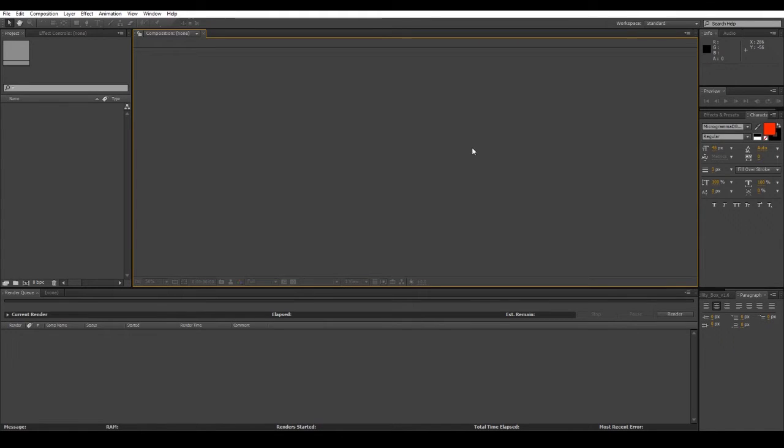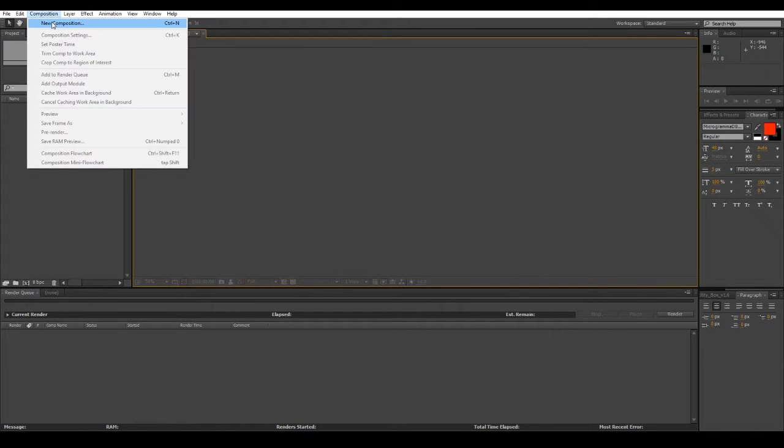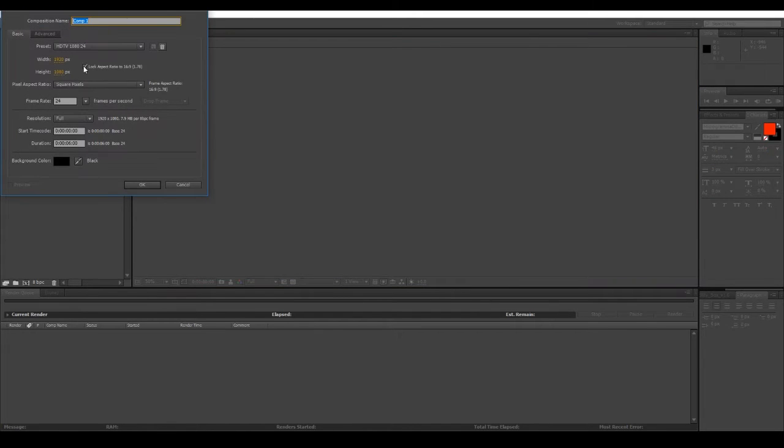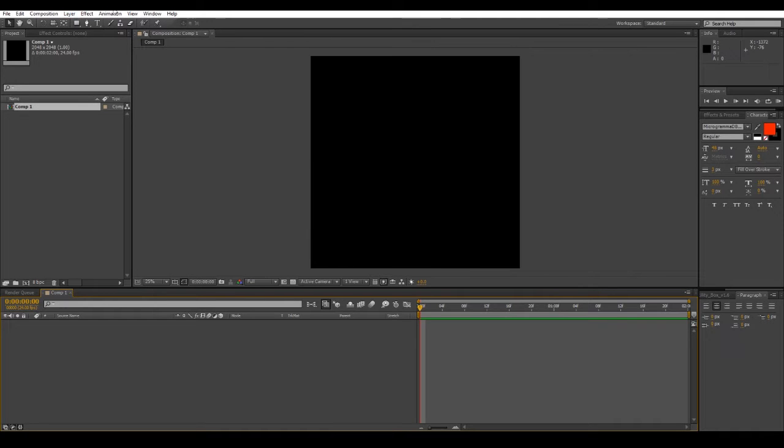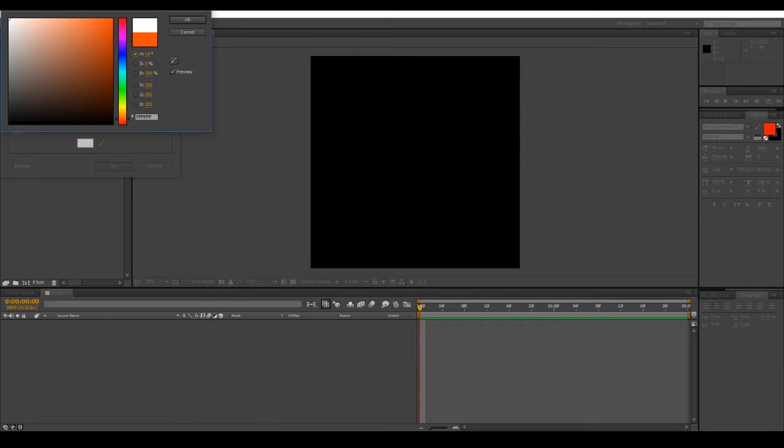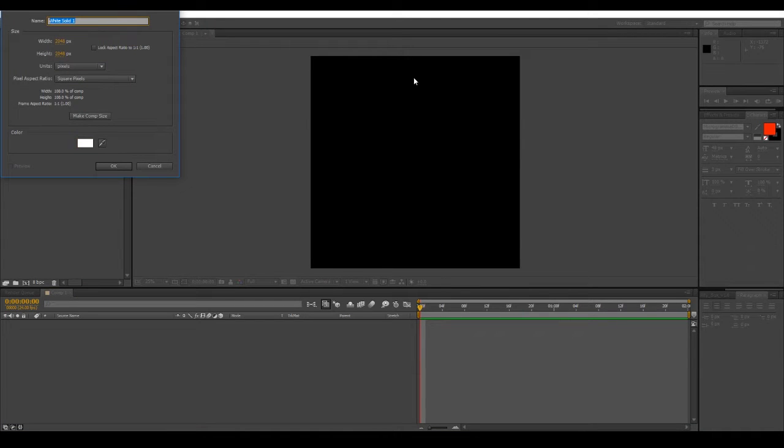So the first thing we're going to do is create a shockwave element. I'm just going to create a new composition here, and we'll make it a square. 2048 by 2048 should be okay. 24 frames per second is fine, and maybe we'll make this about 2 seconds. Very, very short. So next we'll create a new solid, and we're going to make it white. And we're going to call this shockwave